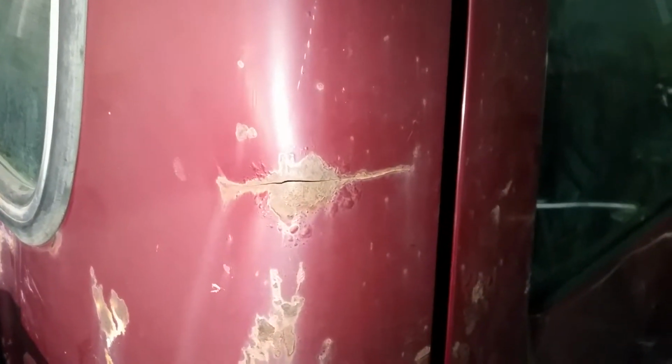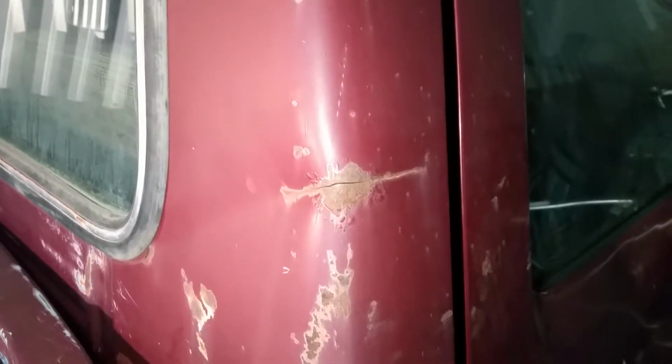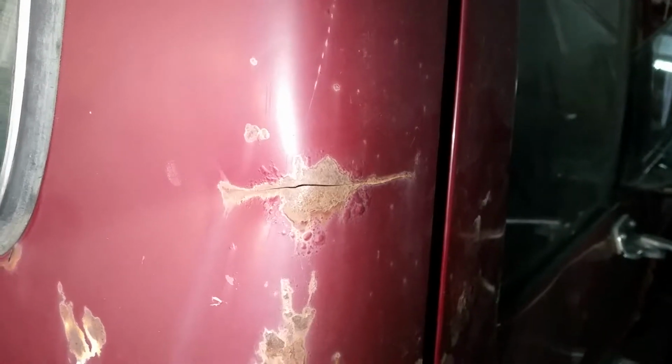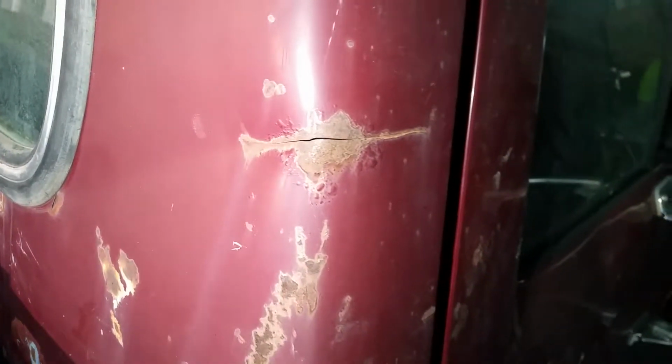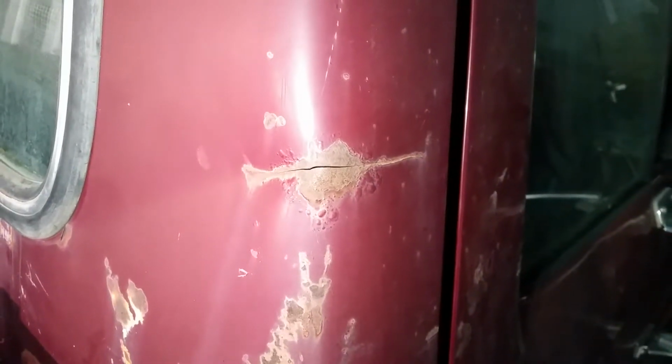But this particular dent and crack right here, if my phone will focus, a lot of you body guys out there are probably going to yell at me for this, but just as a temporary, and I am saying temporary repair, I want to actually see if I can pop that dent out, braze that crack back together. Yes, I did say braze, using actual brazing rod and a gas torch, just to fill it in so we don't get any more moisture in there, paint some primer over it just to seal it for now,